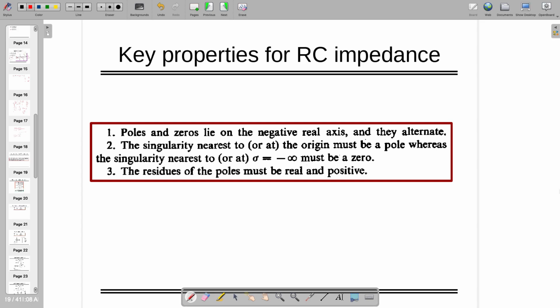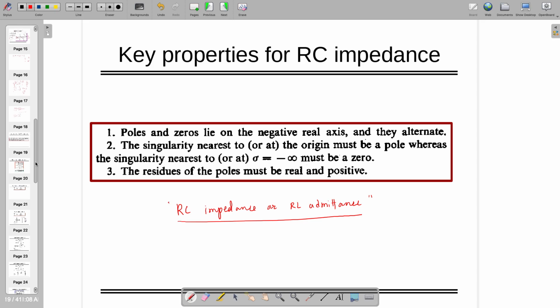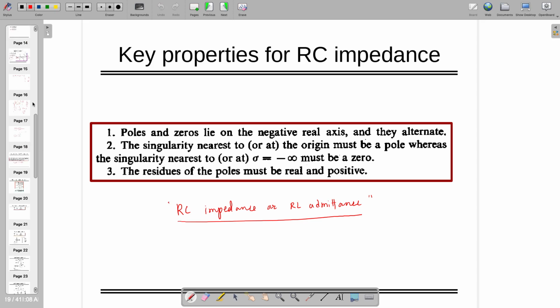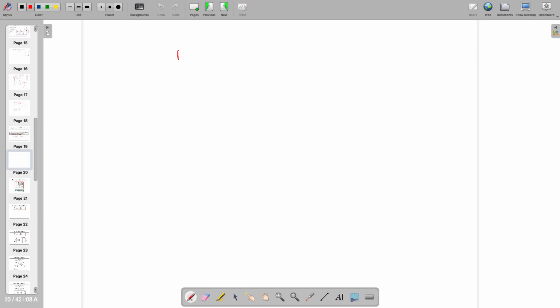Yeah, so we talked about RC impedance or RL admittance. So we talked about this topic where we found out if the function is RC or RL, if the function is written